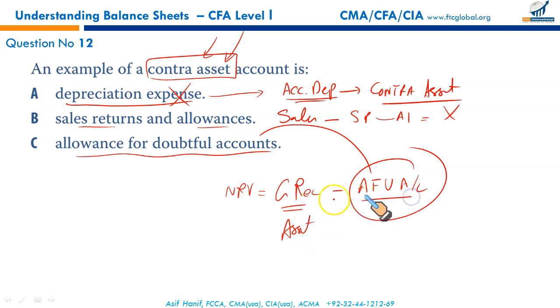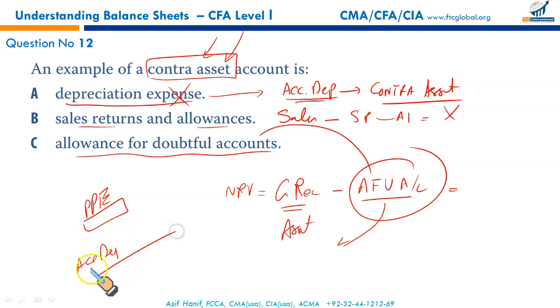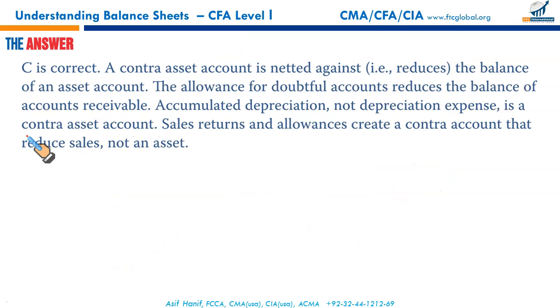An allowance for uncollectible accounts is the contra asset account showing your gross receivables at NRV. Likewise, for your historical cost based property, plant and equipment, we deduct accumulated depreciation from the cost. So accumulated depreciation, yes, it's a contra asset. Allowance for uncollectible accounts, yes, it's a contra asset, right? But the rest of these were contra sales, so that makes C the correct option.